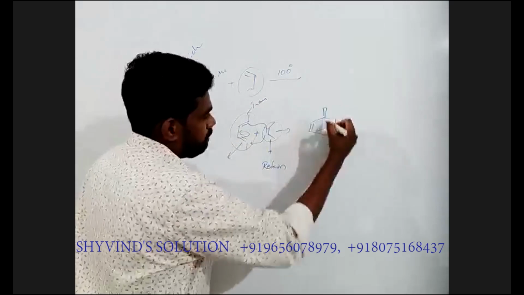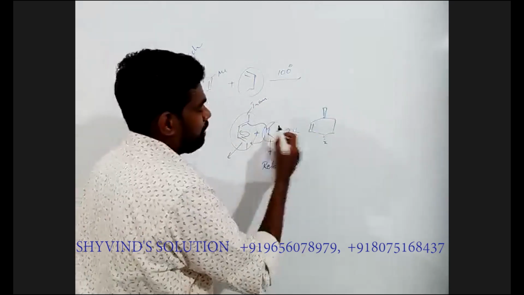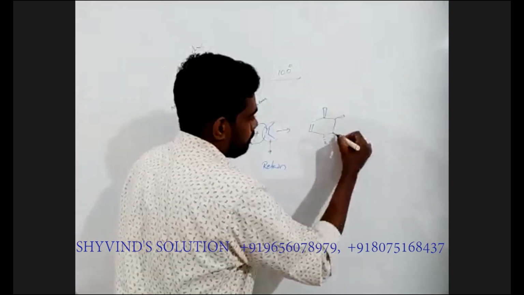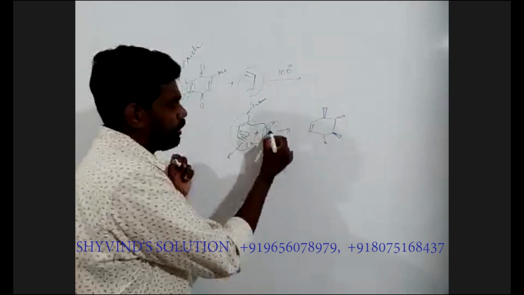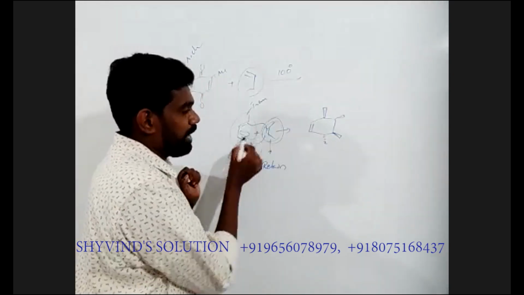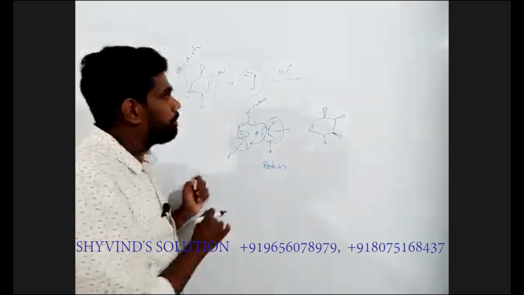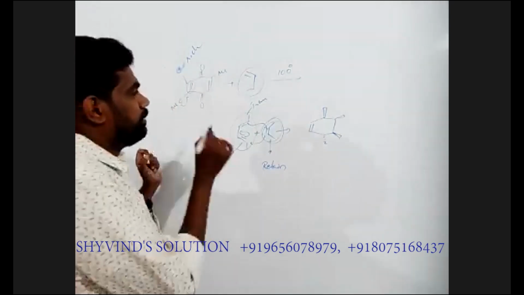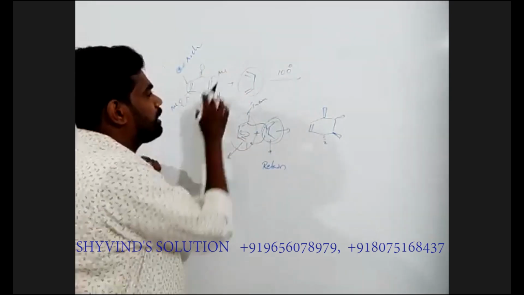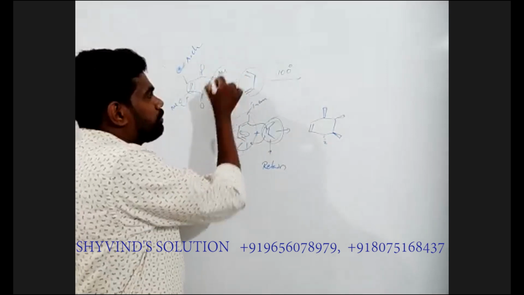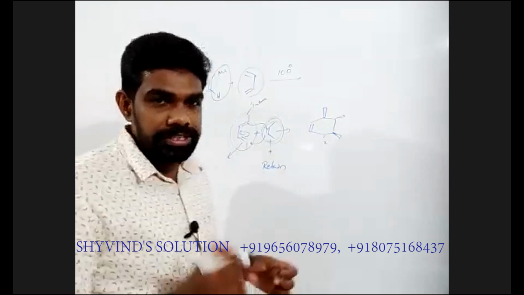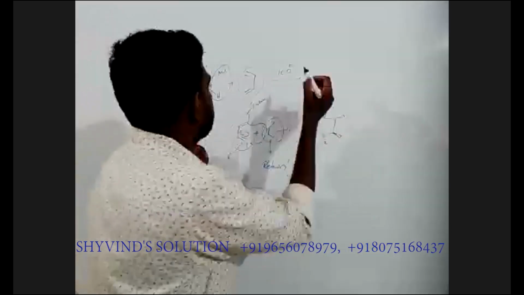This will become cis, and this will become, what about this one? This will become cis. Okay. So the stereochemistry of this dienophile will retain, and the stereochemistry of the diene inverts. That's the idea. In the options, you can see the stereochemistry: these two hydrogens, this hydrogen and Me are cis to each other. The stereochemistry of these two groups will retain. Me and H should have the same stereochemistry, and this double bond participates in the reaction.